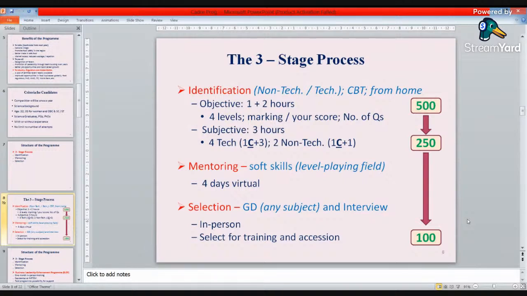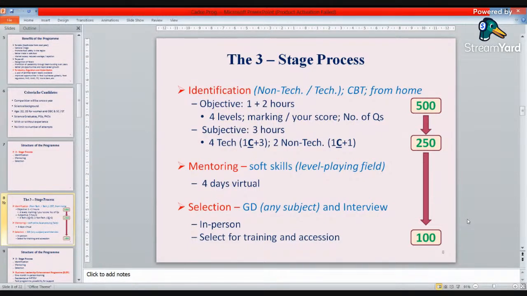And then based on your performance in the group discussion and interview, your views may be different. If three of you are sitting at a table, you may be given a subject, discuss the Russia-Ukraine war. You may be a supporter of Russia. Somebody may be supporting NATO. Somebody may be supporting Ukraine. That is not the issue.